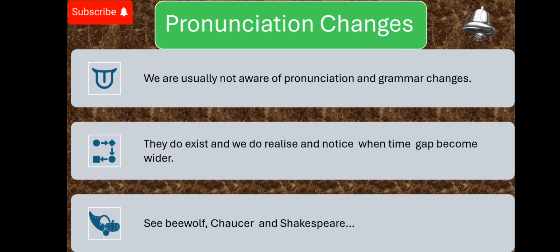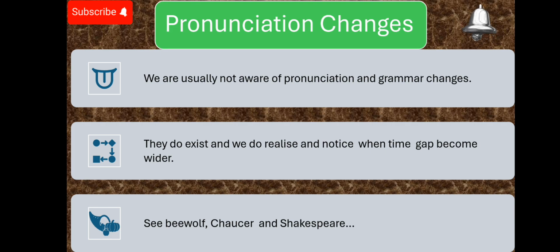Similarly, if you pick up a Shakespeare play, plays are not meant to be read, but we also read plays. If you start to read, you realize the structure Shakespeare is using did not exist in Chaucer's time, in the Middle Ages, because Shakespeare is writing in the 16th century, which was a modern age, the beginning of our modern world. And then you see that the word is pronounced quite differently than people pronounced it in the 14th century.